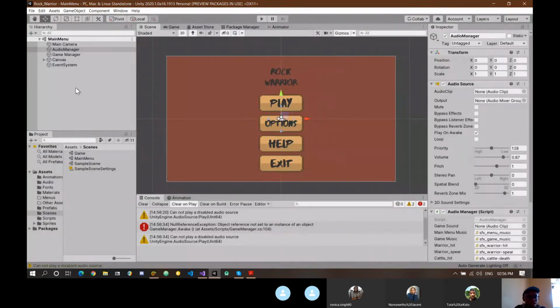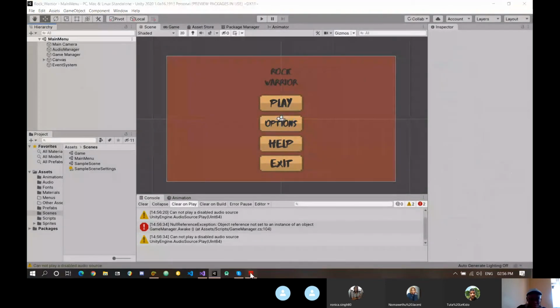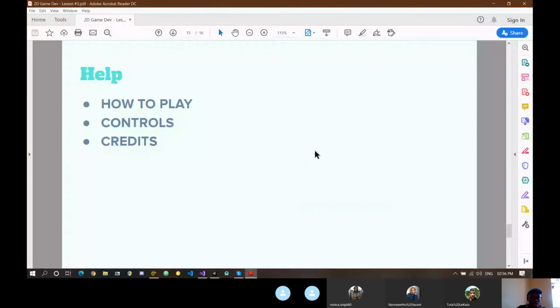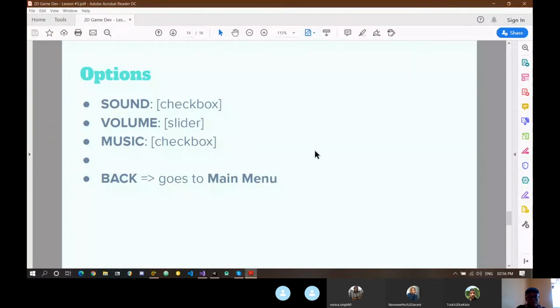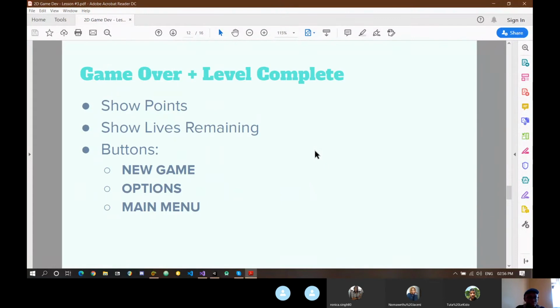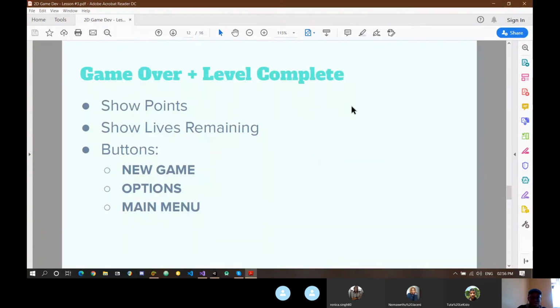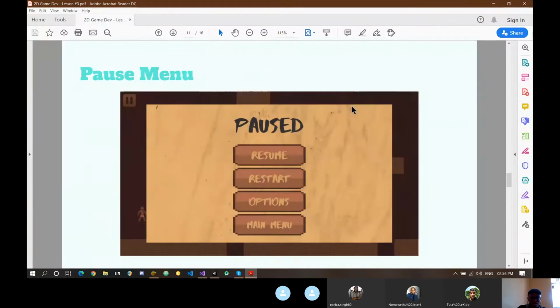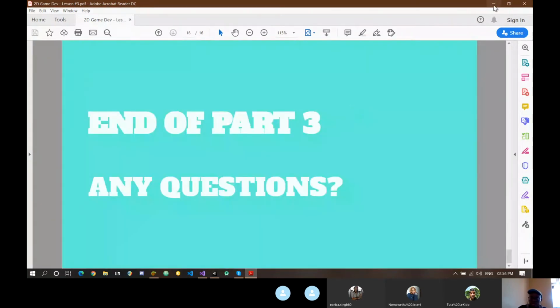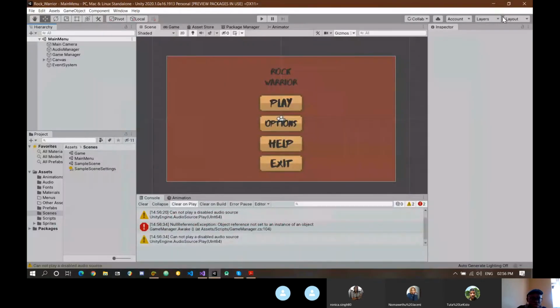All right, so we're done with our memory management. We did our help, we did our options with our toggles, slider, and music. We did our main menu, game over, and our lives. We did our pause menu. So that's technically the end. We just need to now export our game. So I know the design isn't that great for now, but now let's